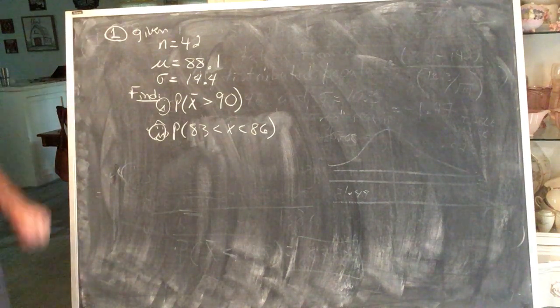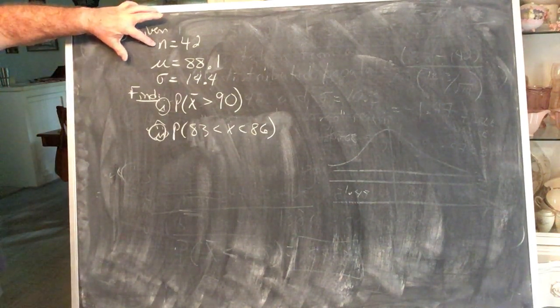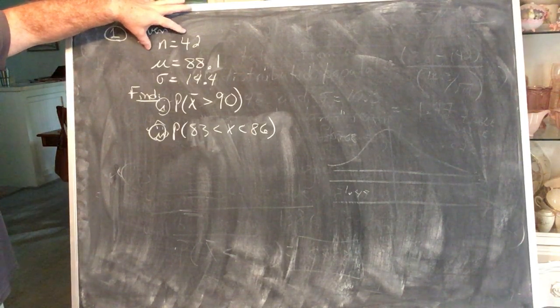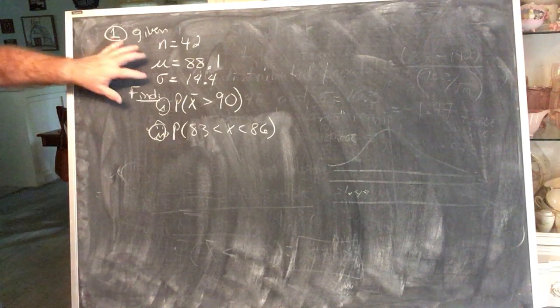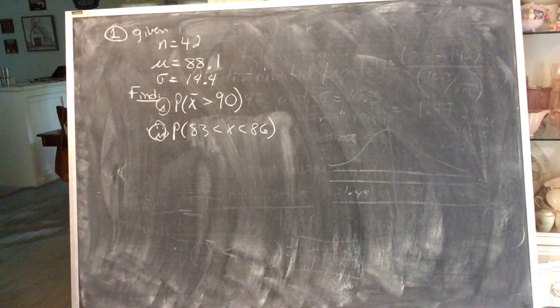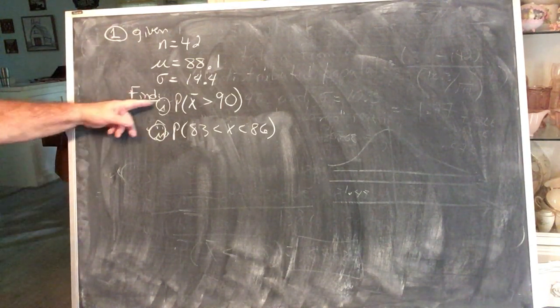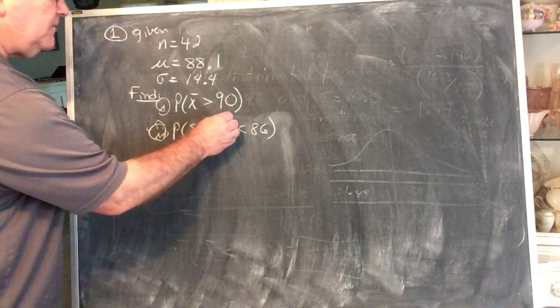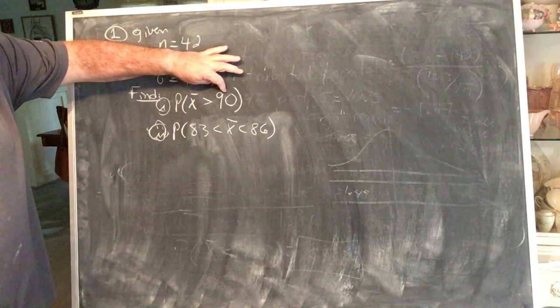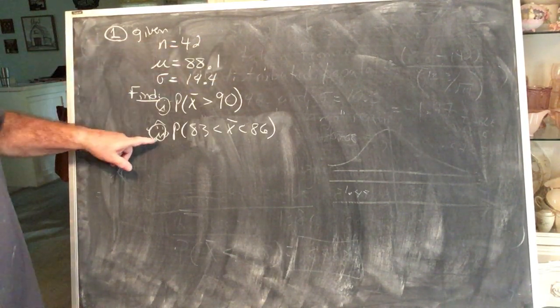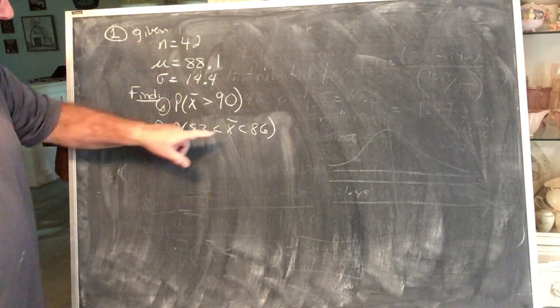All right, here's our next example. We have given n equals 42. 42 meets the sufficiently large requirement. We're given mu 88.1. We're given sigma 14.4. And we're asked to find two pieces. Number one, find the probability that x bar is greater than 90, and find the probability that x bar is